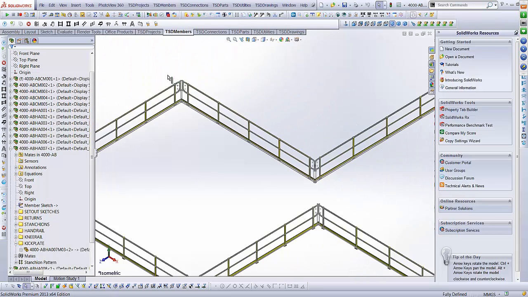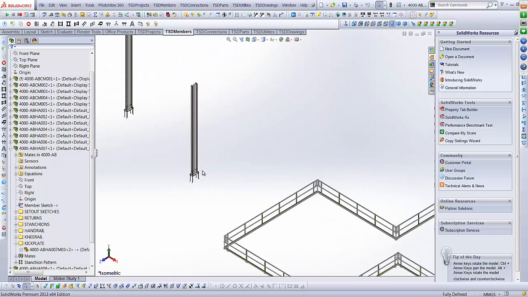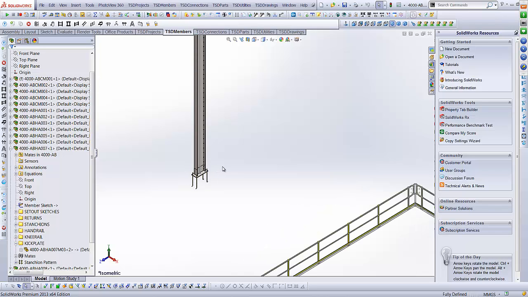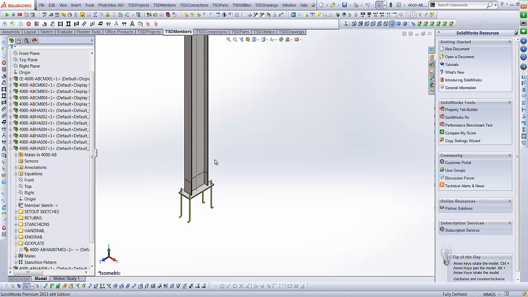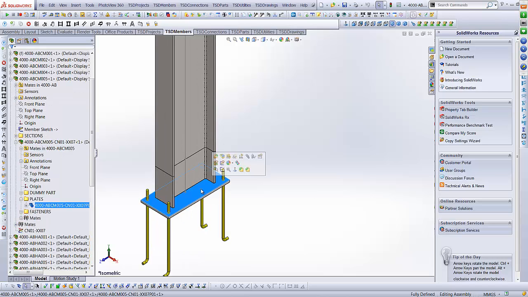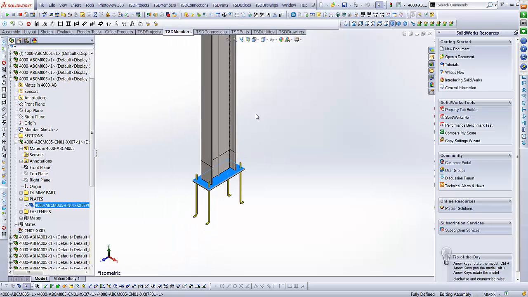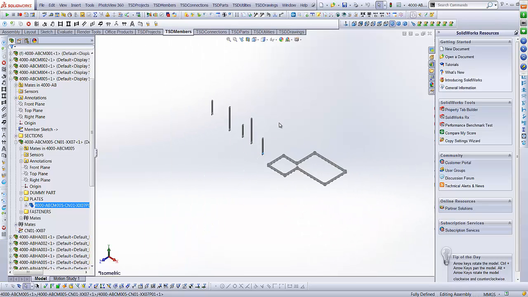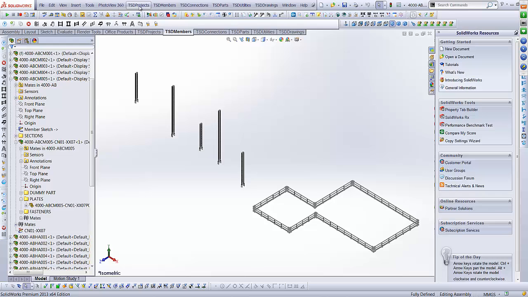Now I created that connection that you see there, basically in 15 minutes. You can go crazy with connections, create any connection you want and add it to your library, and then you can reuse it over and over again. You can see how I used a plate, inserted the plate into a connection, created a member from the connection, and now the next library component that I won't demonstrate because we run out of time is to pretty much